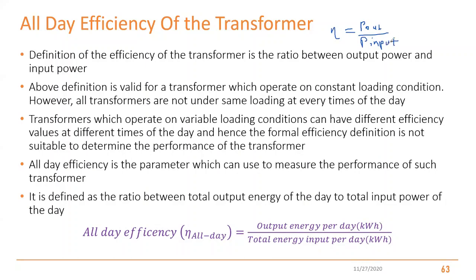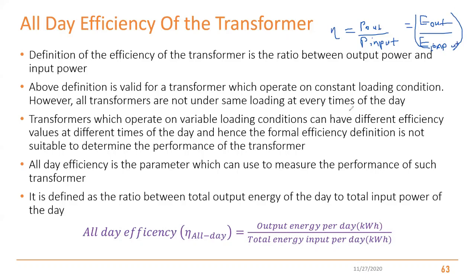So here, since our loading changes with time, what we are going to do is get the total output energy for 1 day, and total energy input to the transformer for the whole day. If you get the ratio between those two,